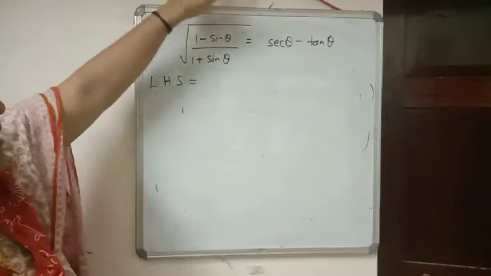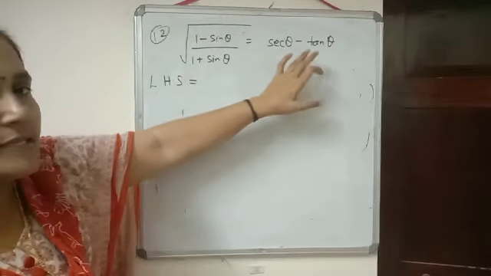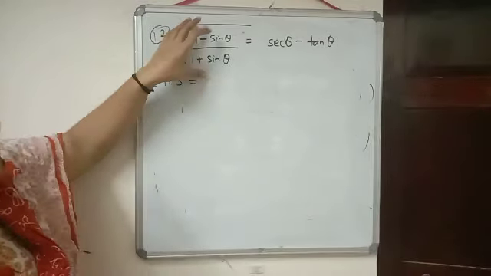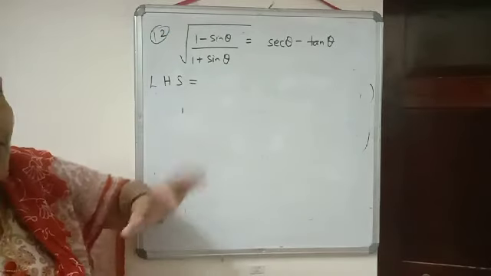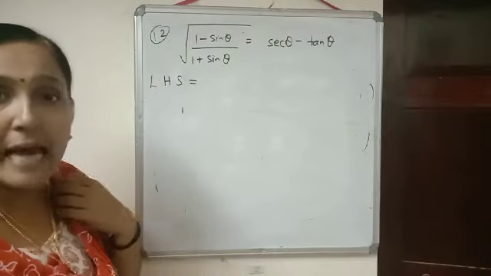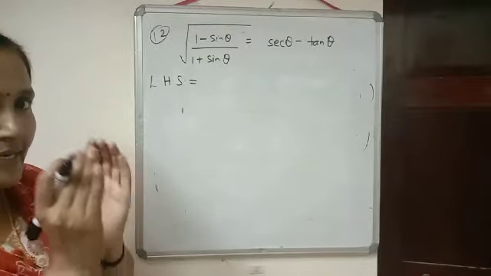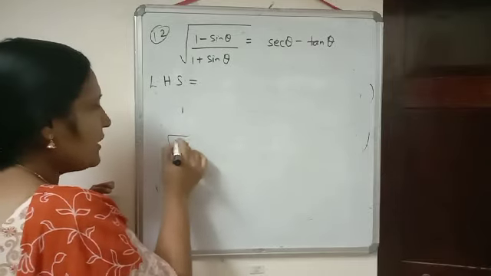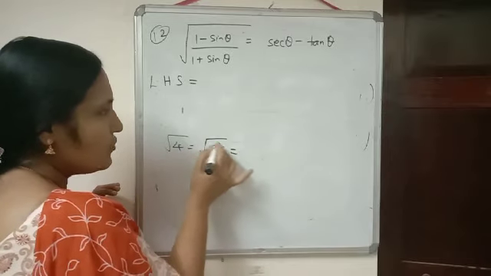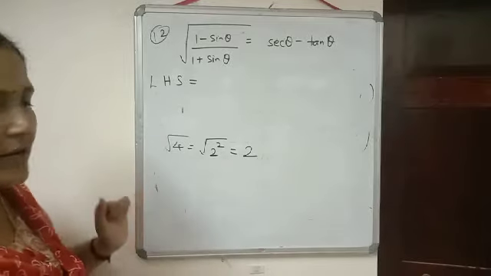Prove that square root of 1 minus sin theta by 1 plus sin theta is equal to sec theta minus tan theta. Now you can check here in the left hand side we have a square root, but in the right hand side we don't have a square root. Means by simplification that square root should get cancelled there, and the square root will get cancelled if inside the square root we are getting a perfect square. Like if square root of 4 is there, we know 4 can be written as 2 square. Then this root and square will get cancelled. We will get there is equal to 2.